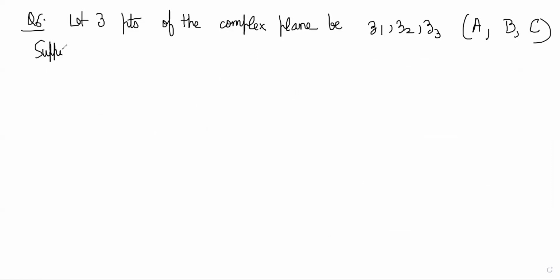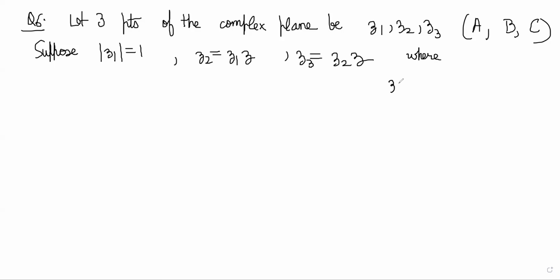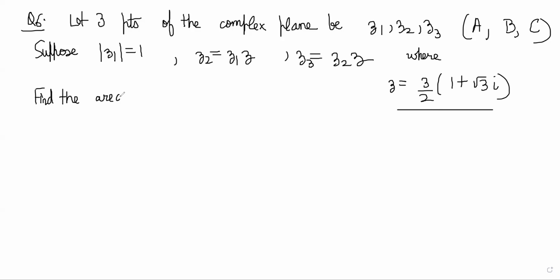Suppose mod of Z1 is equal to 1, Z2 is equal to Z1 into Z, Z3 is equal to Z2 into Z, where Z is equal to 3 by 2, 1 plus root 3i. We have to find the area of quadrilateral